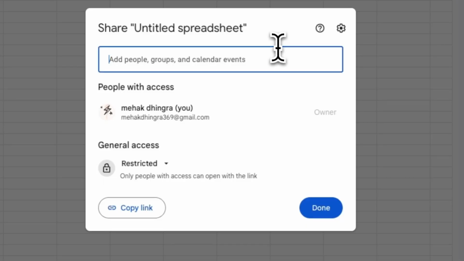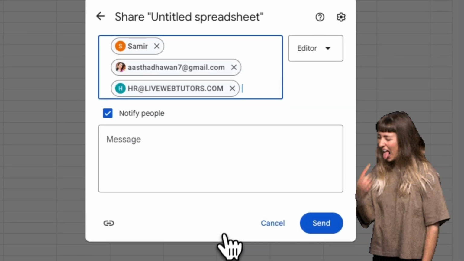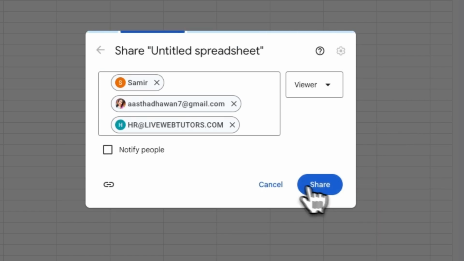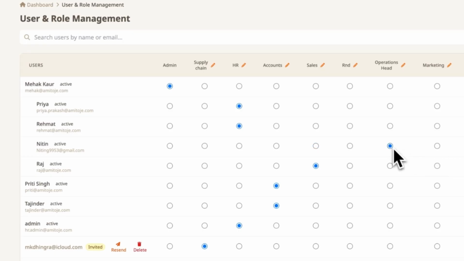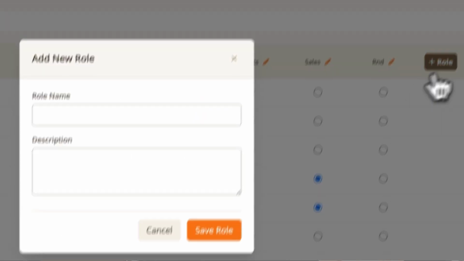You better. So let's start by inviting your teammates to the platform. Now begins the fun. Giving permissions to individuals is so 2020. MasterSheets works on roles. Just assign a person to a role and they immediately get all the permissions that the role has. Create as many roles as you want.